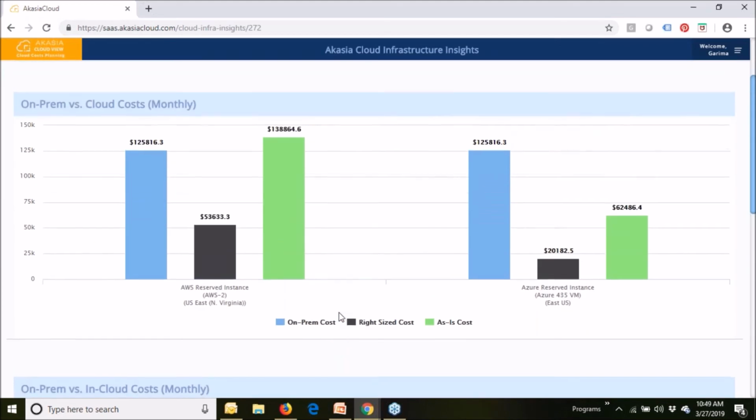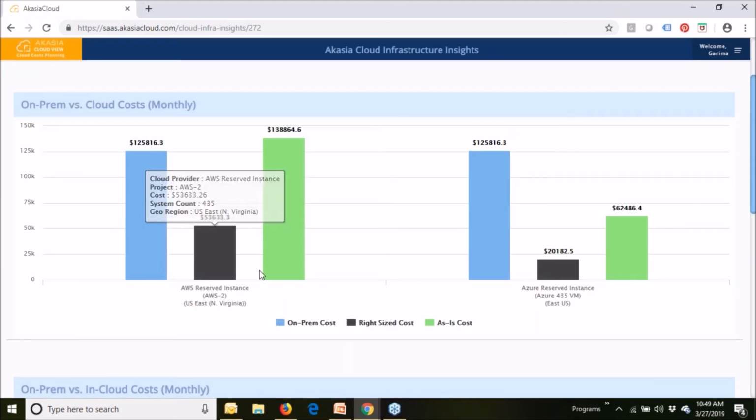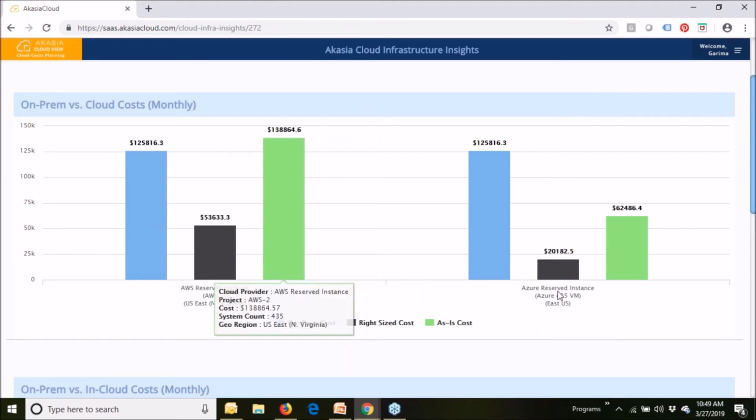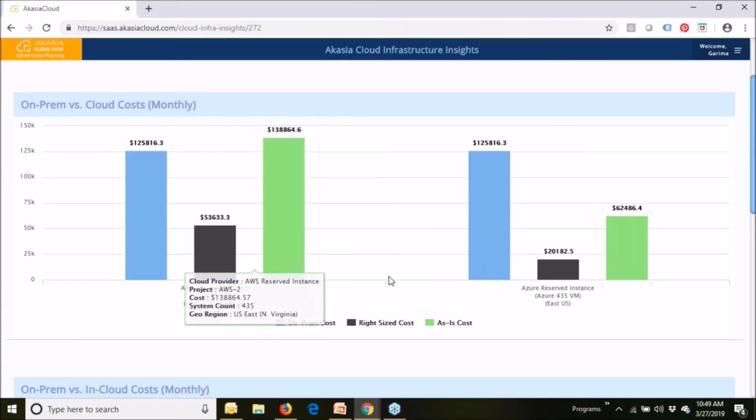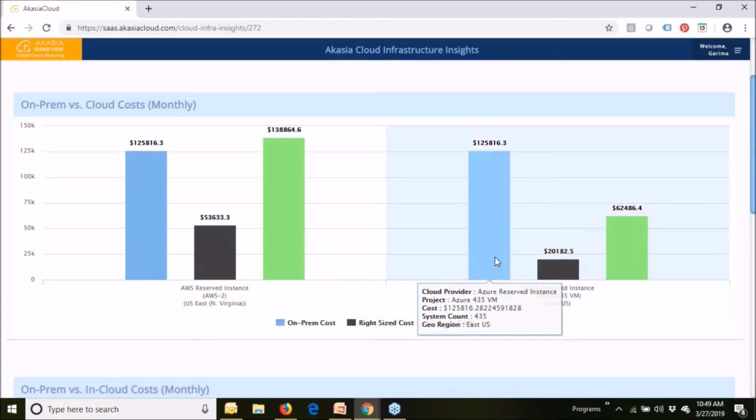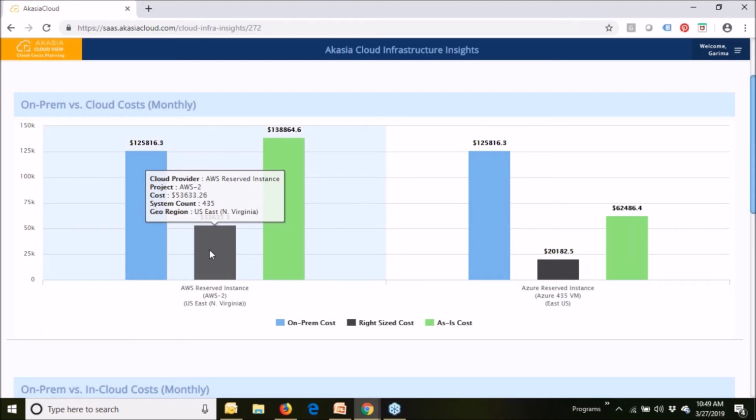Here we go. So we're looking at the same exact workload, but for AWS reserved instance and Azure reserved instance. And here what we're looking at are the on-prem costs, which are the same for both cloud options. Then we're looking at right-sized costs. And the difference here is for AWS reserved instance, it's